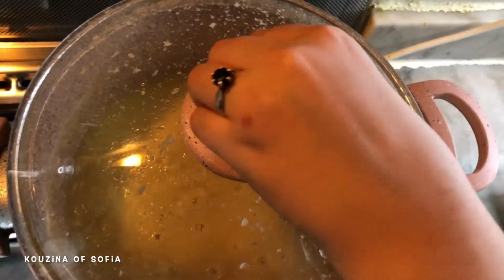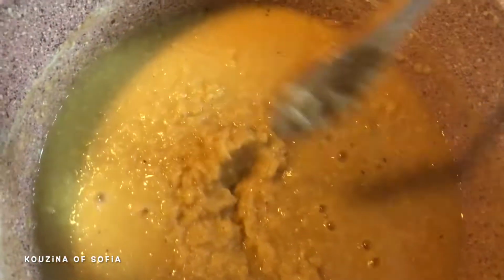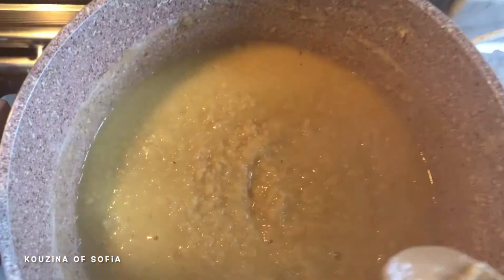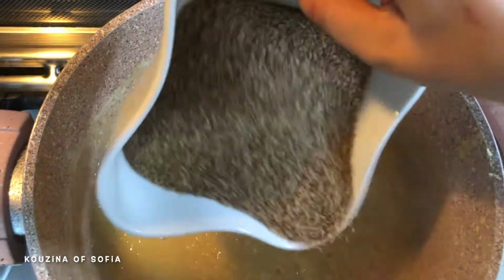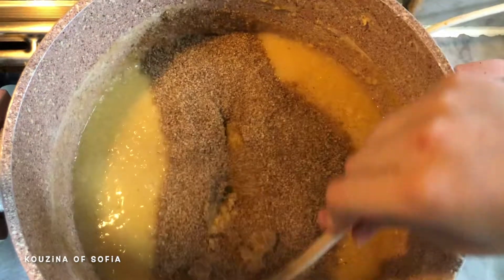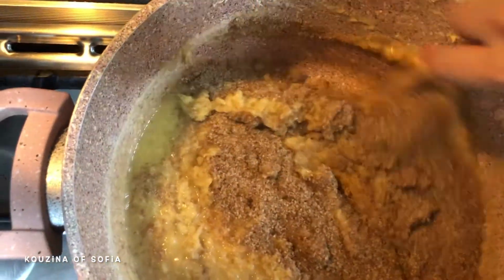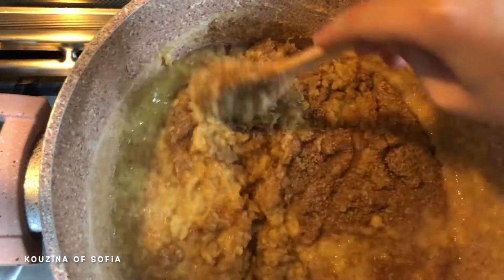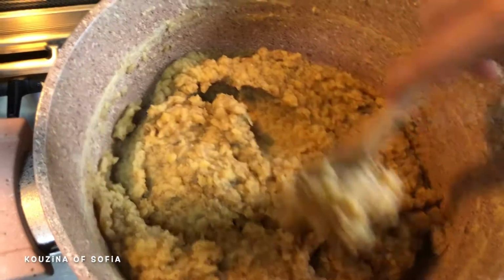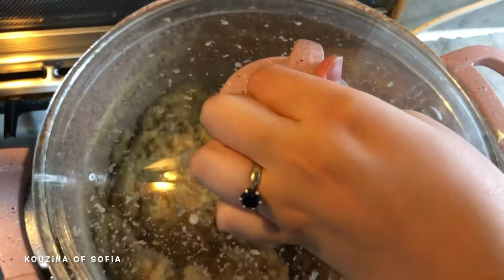So it took us about 30 minutes, but as you can see, this is what it looks like. The lentils opened up, I guess. So now we're just going to add our bulgur, and we'll mix that really well. And then we'll turn off the heat. Now that we've turned off the heat, we're just going to cover it and let it rest